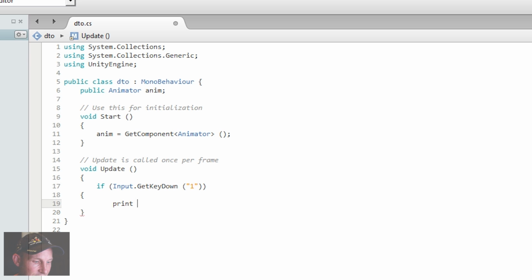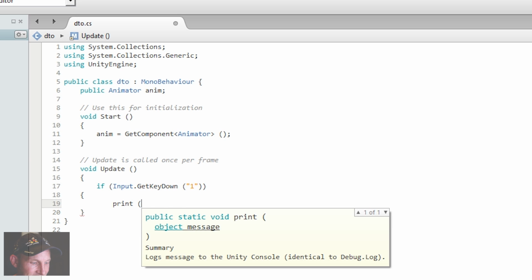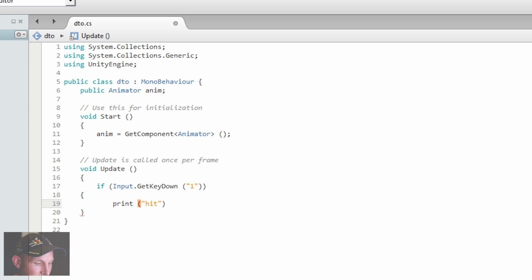And we'll tell it to print, I don't know, what are we going to say? We'll say hit. Why not? So we'll just quote that guy. Hit. And with that done, then the next thing that we want to do is tell it to